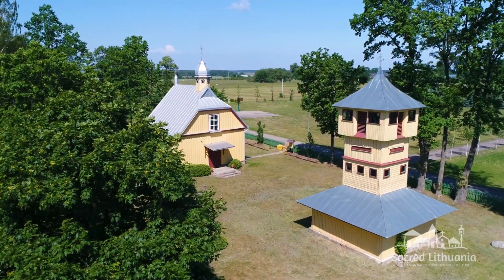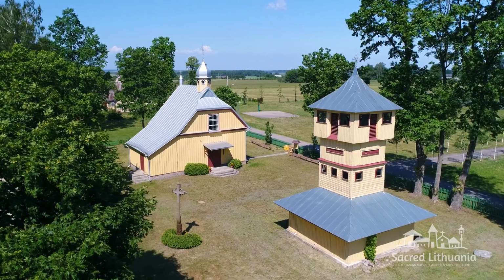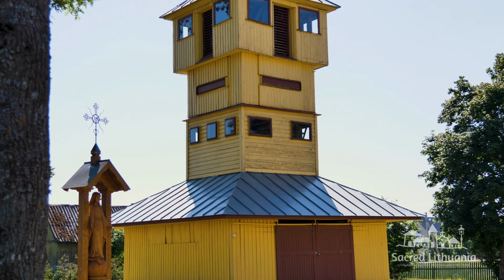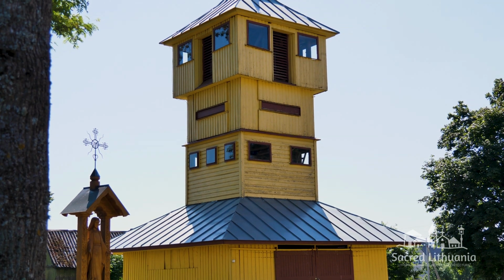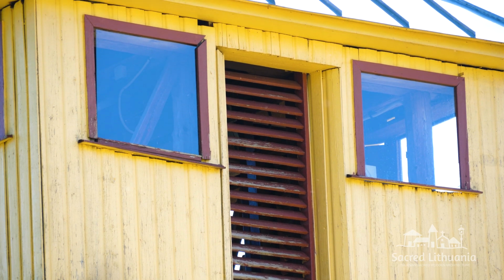The church, together with a belfry next to it, is a most original ensemble of sacred folk buildings. The wooden belfry of Margininkai church, built according to the design of the pastor Marcinkevičius, is one of a kind